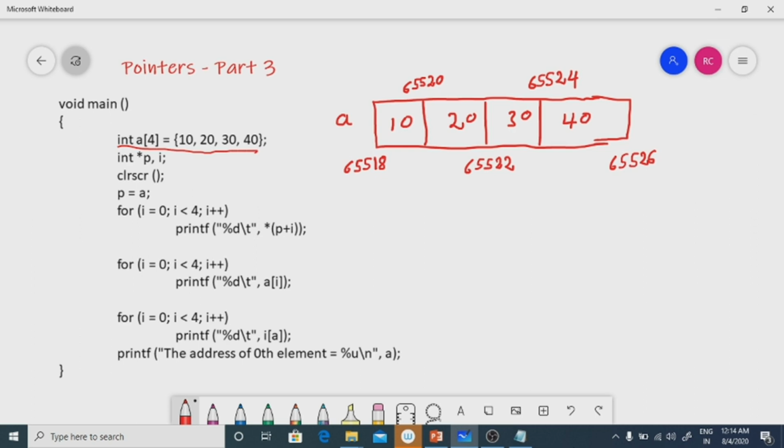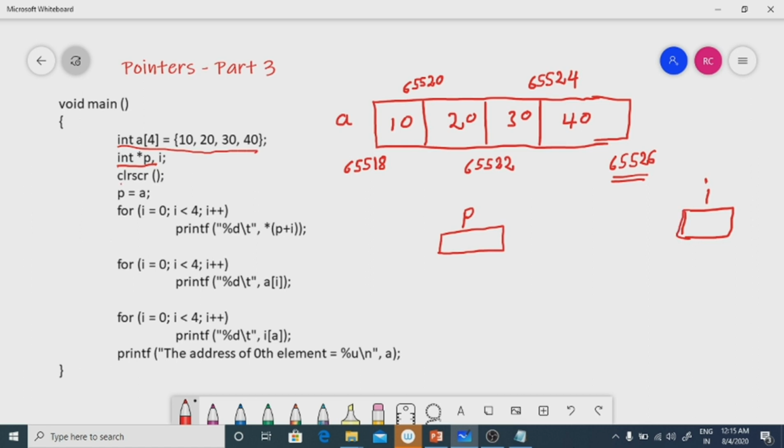I am writing this just to show you that memory is continuous. Now int *p: p is a pointer variable, and you can read that as pointer to integer, and memory will be allocated to i.